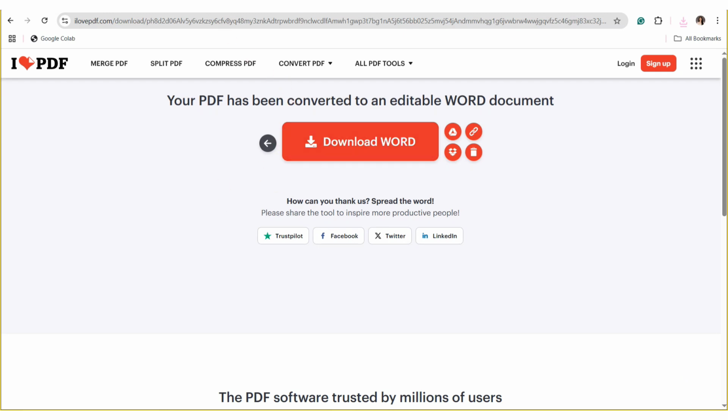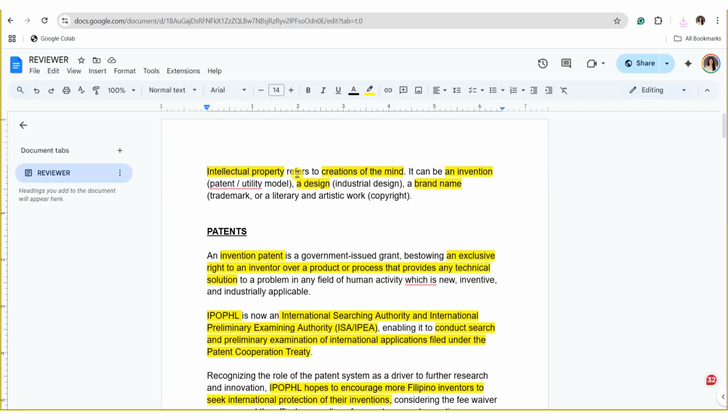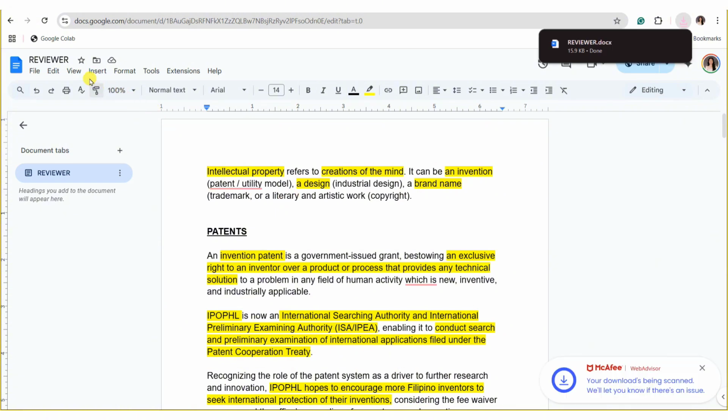Go ahead and download your Word file, then open it in Google Docs or Microsoft Word, depending on the tool that you have. Now go ahead and adjust the margins from there, and that's basically how you can adjust